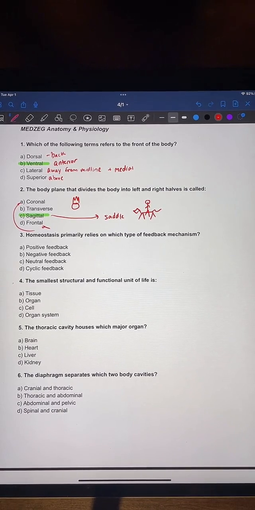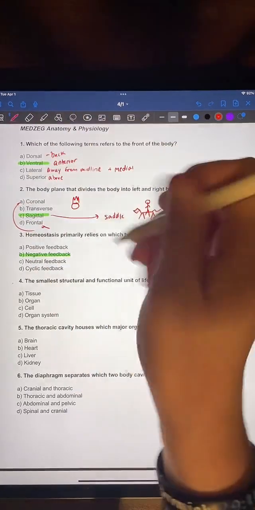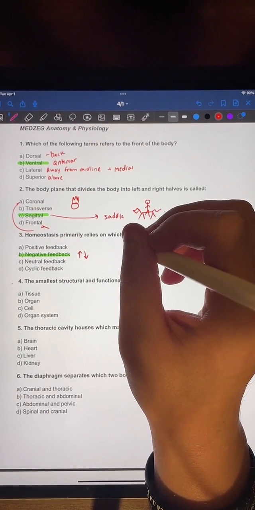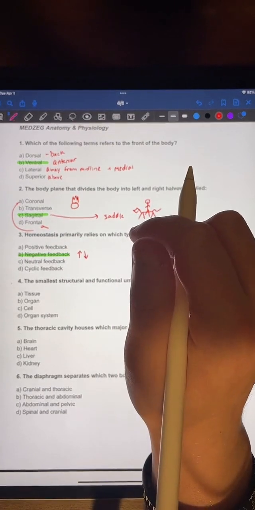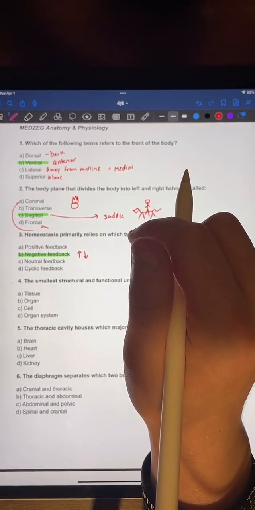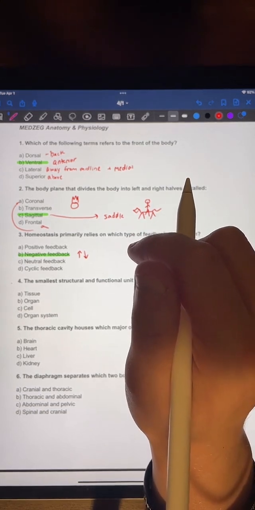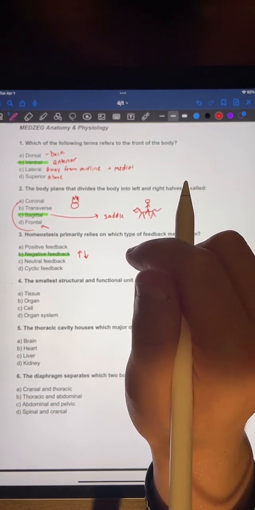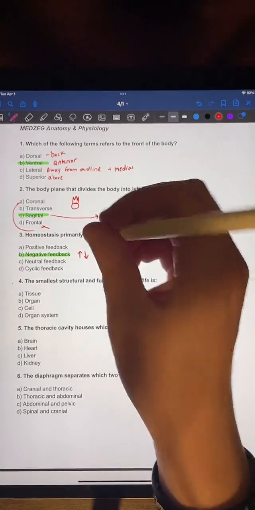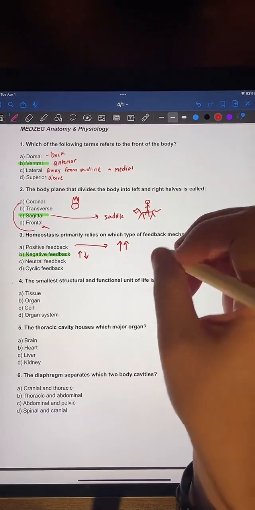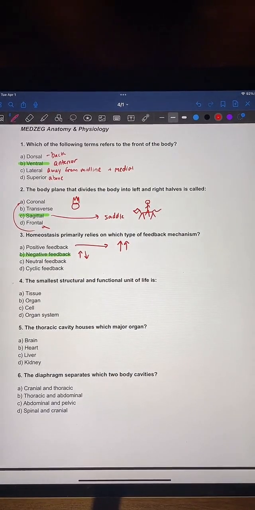Awesome, guys. It is negative. A negative feedback is going to act in the opposite direction of the stimulus, so we reverse a change in a controlled condition. Like blood sugar level, whenever we eat and our blood sugar increases, our body releases insulin to decrease blood sugar. The other one here is positive. It acts in the same direction, and a good example of that is oxytocin during labor, which increases labor contractions, uterine contractions.